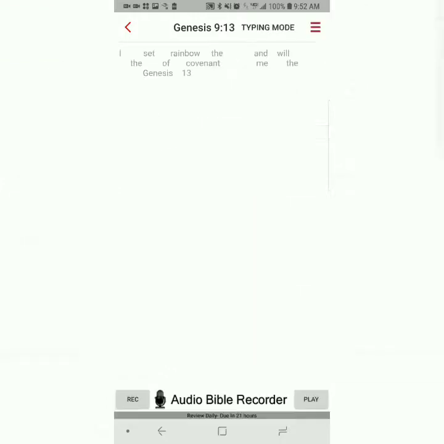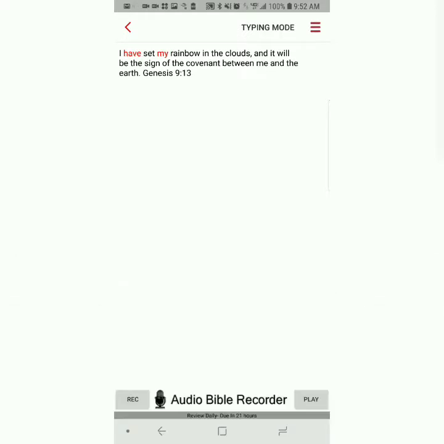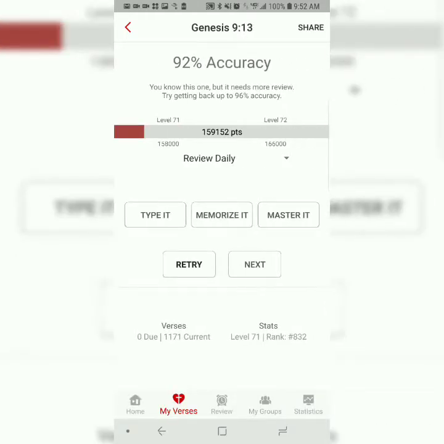Then the second step is memorize it. When you memorize it, you're just essentially filling in the blanks as the app takes away half the words. And you're still only typing the first letter of each word. I have set my rainbow in the clouds, and it will be the sign of the covenant between me and the earth. Genesis 9:13. Now every time you do the second step, it's going to alternate which half of the